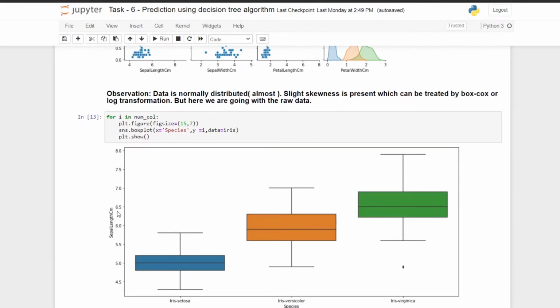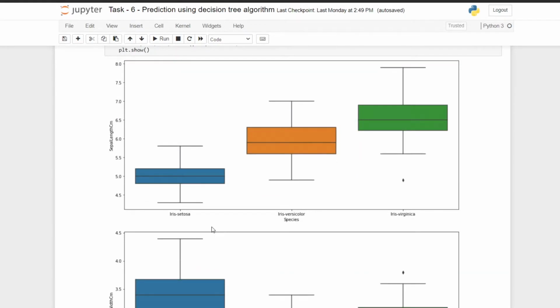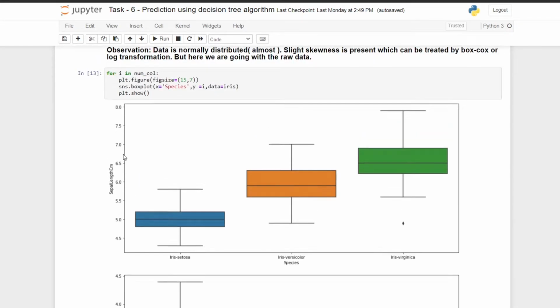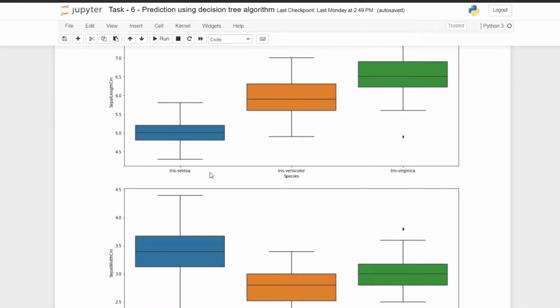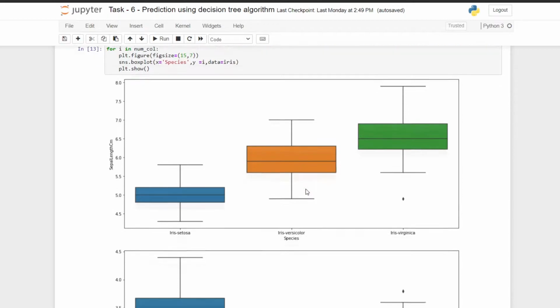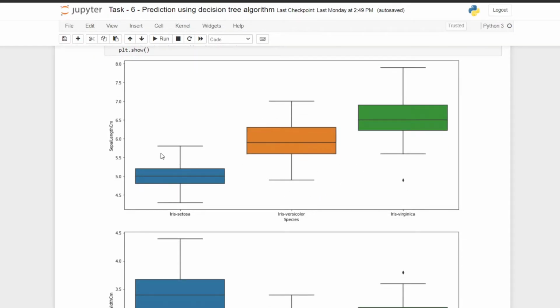Here we are doing a bivariate analysis. We are checking the distribution of each independent variable with respect to the categorical variable. In this case, sepal length has a high influence in the case of Iris virginica and a low influence in the case of setosa.